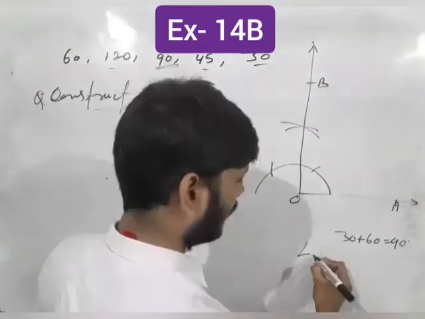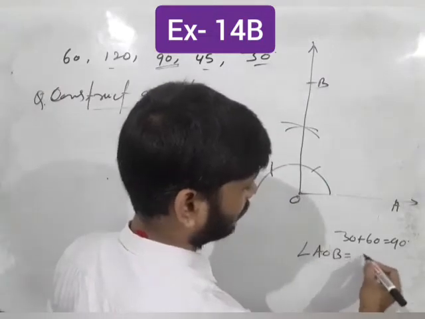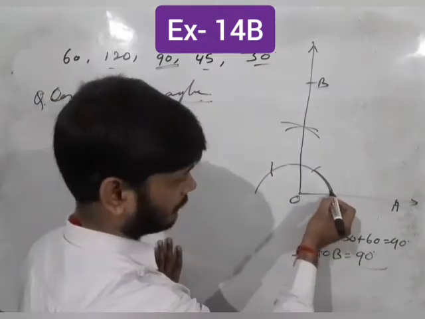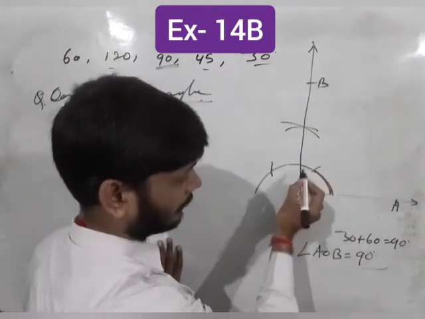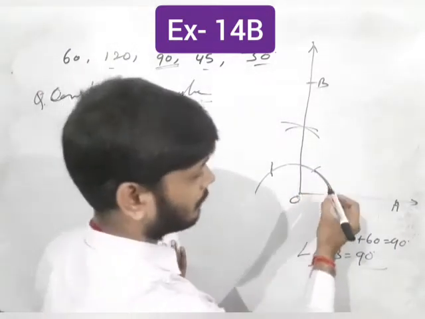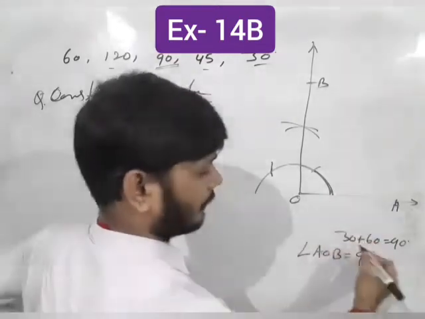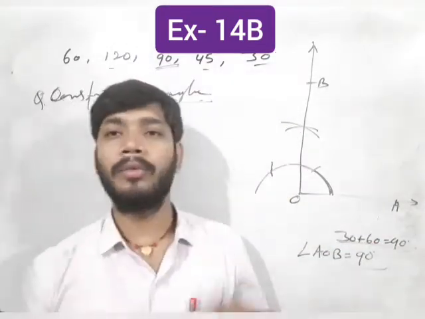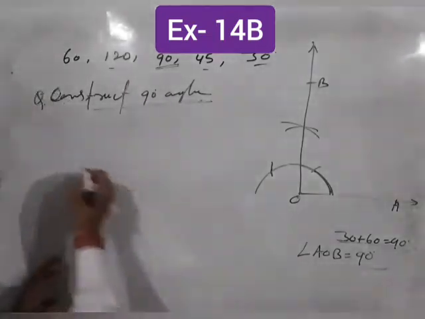So angle AOB is equal to 90 degree, because here from here it's 60 degree and here 30 degree. That means students, 60 plus 30 is equal to 90 degree. Clear? And now when you have to construct